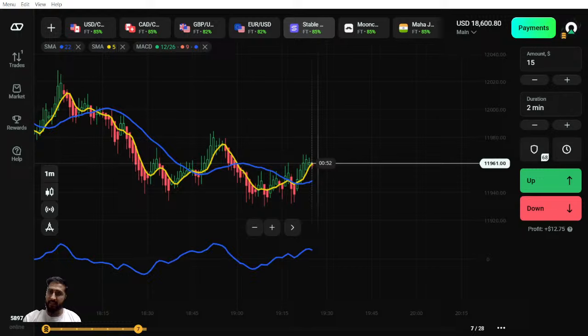In the meantime, if you have learned the strategy properly, I request you, make sure you practice it on your demo account. Once you are able to grab hold of it, you can take it to your live account. It's not only about investing money, it's also about investing time. In case you're short on budget and don't have funds to deposit, I am sure you have time to invest. So make sure you learn the strategies, learn about everything, and once you are able to, of course, you can apply them.